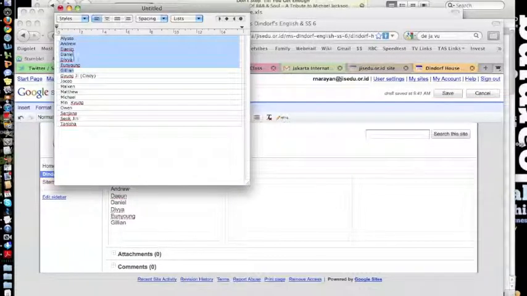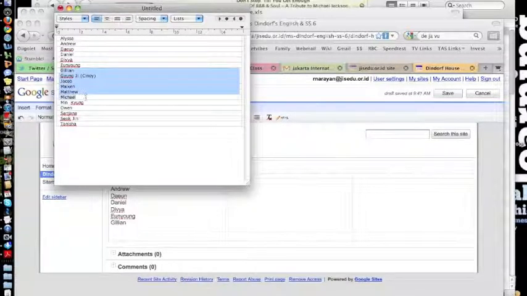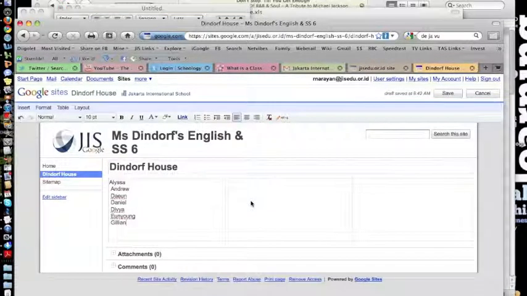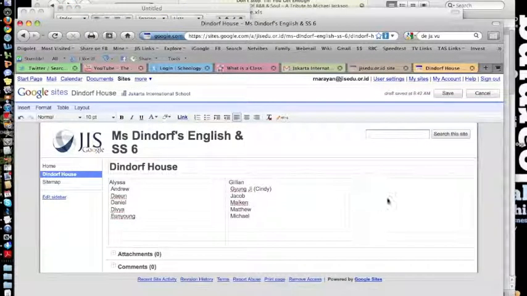1, 2, 3, 4, 5, 6. Oops, looks like I grabbed an extra one. 3, 4, 5, 6. Make sure that that's not there, and then add the rest of them. Okay, so looks like there's 5 students here. I'm going to take Michael up in the middle just because I want to keep the symmetry in there. And okay, so once I clear all this, clean it all up, oops,